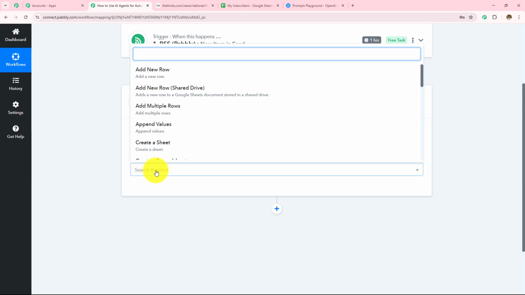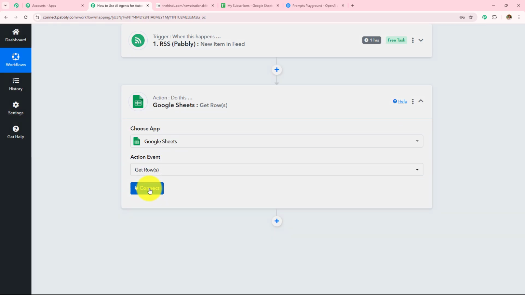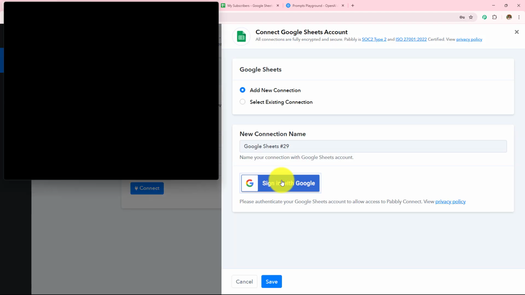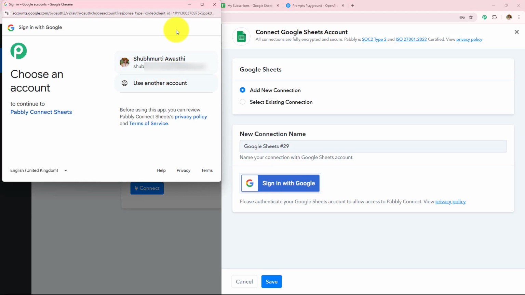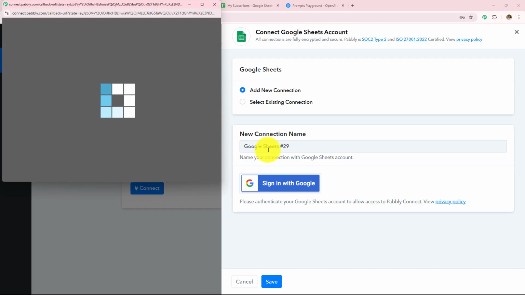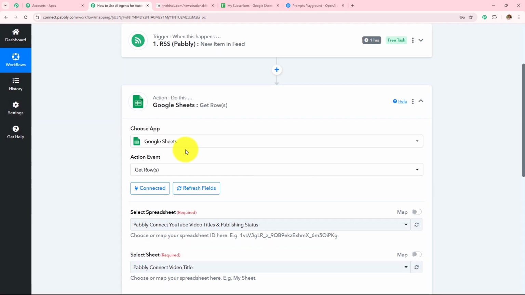And then in my action event, I'm going to take get rows because I want to get the response of all the subscribers' data. Here, if you have an existing connection, go with save. If you don't have one, click on this add new connection and then click on this sign in with Google. Here, you need to choose your account in which you have logged in your Google Sheets account. And after choosing your account, you simply need to grant the permission, for which you need to click on this allow. It is always advisable to keep your applications logged in for the easy authorization, and here authorization successful,